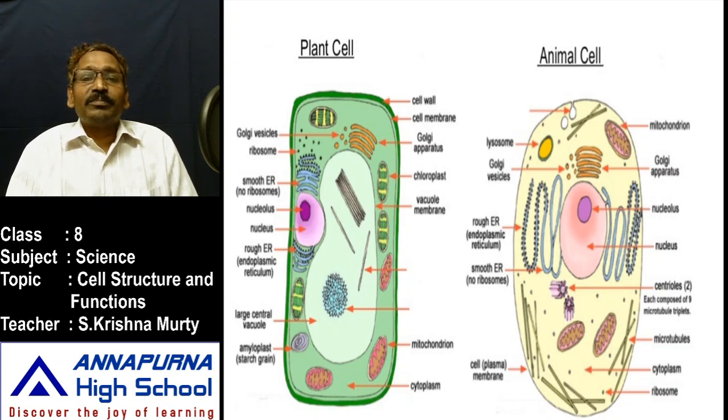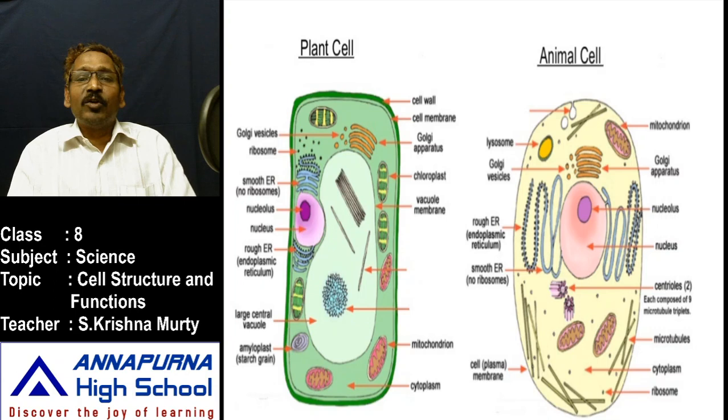The outermost membrane is the cell wall. Beneath the cell wall is the plasma membrane, and in the middle of the cell is the nucleus. In between the nucleus and the plasma membrane, one prominent material is there. The material around the nucleus is known as cytoplasm. So the plant cell contains four kinds of parts, whereas the animal cell contains only three parts.